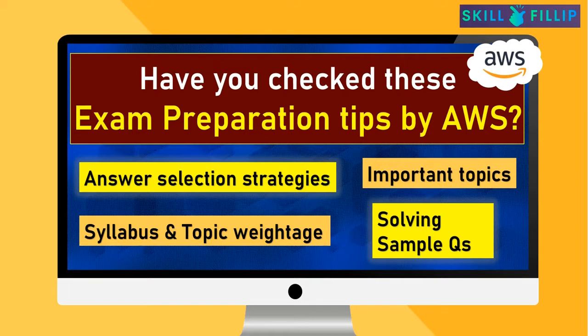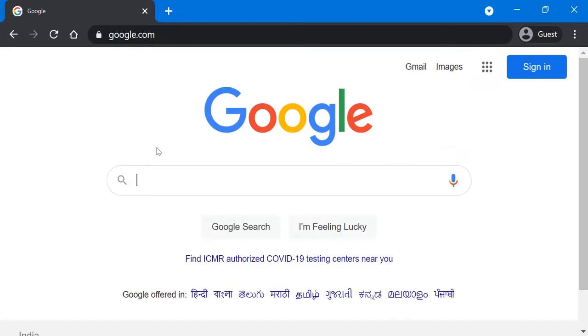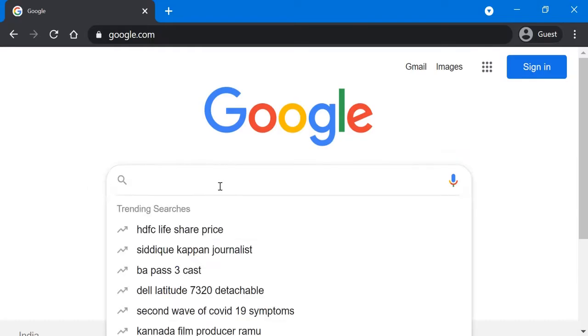What is the weightage of the different topics we have for the exam? Then we will also get to know how to understand the important topics and how to solve some sample questions. All the information regarding this is provided officially by AWS, so how shall we get to know where to get this information? Let's get started. I am on the Google page and I'll search